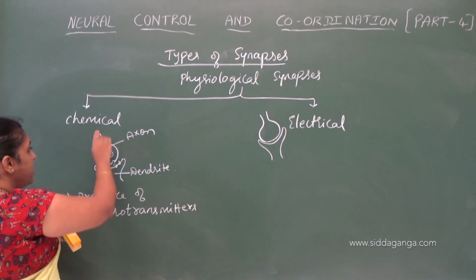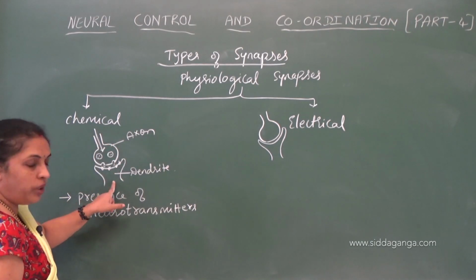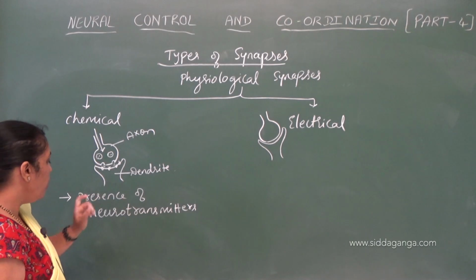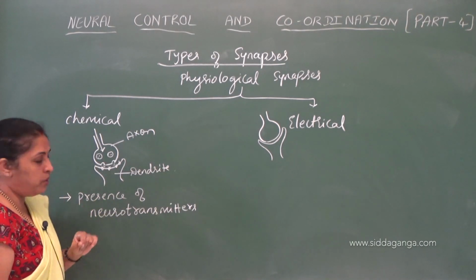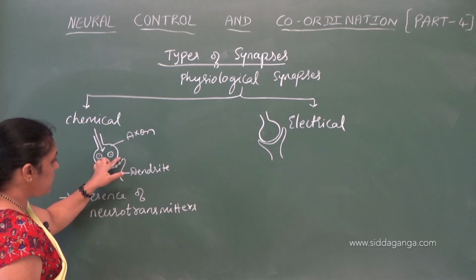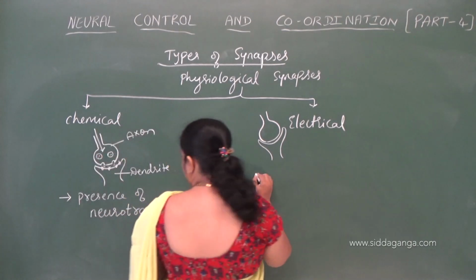The impulse from the axon will be transferred to the dendrite of the next neuron through a chemical substance called neurotransmitters. Neurotransmitters are seen in the synaptic cleft, whereas in electrical synapses,